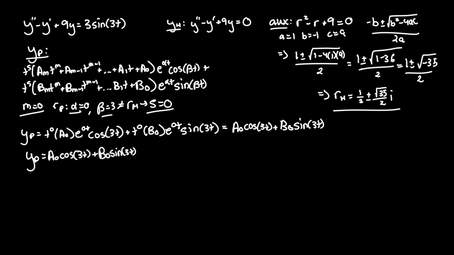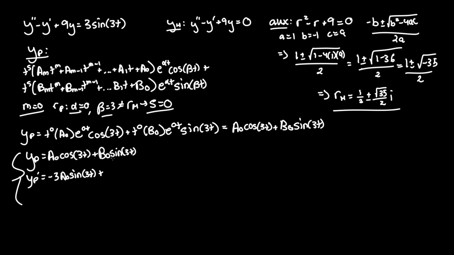And we have to take our two derivatives to plug this into our normal left-hand side and right-hand side. So here's where a little bit of Calc 1 comes into play. Yp prime, for y particular prime, is the derivative of this whole term. So the derivative of cosine is negative sine, so put a negative out. And also there is a 3 inside, so whatever the coefficient of the independent variable, you also have to bring in front. So minus 3 a sub 0 sine of 3t,